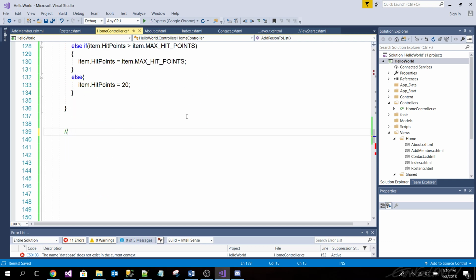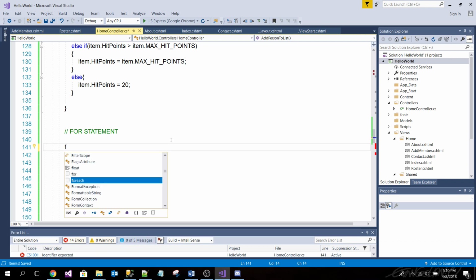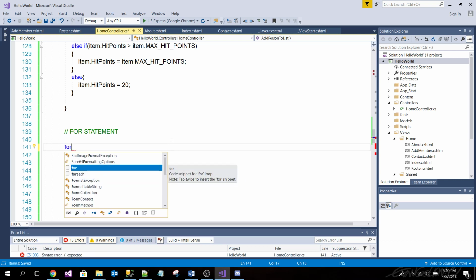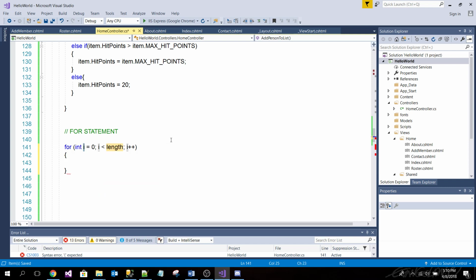So the for statement. So we're looking for a theme. I mean, we got a theme here, a for statement. So we're finding a theme. I already got it, hard to spell. Yeah. So the for statement. So I'm gonna do a little cheat again. I'm gonna type for. You guys see that word here? I'm gonna press tab twice, and boom, it's magic.